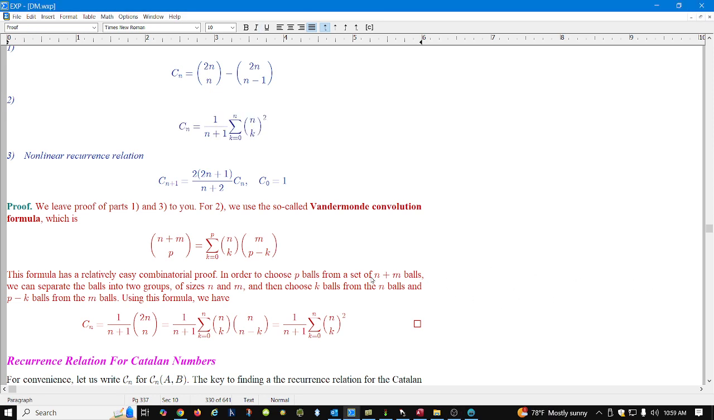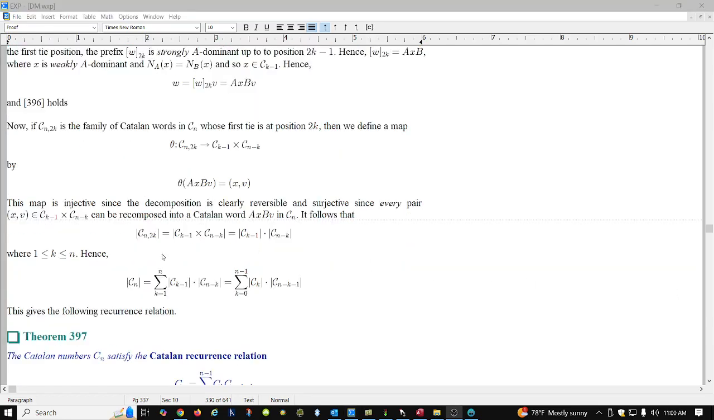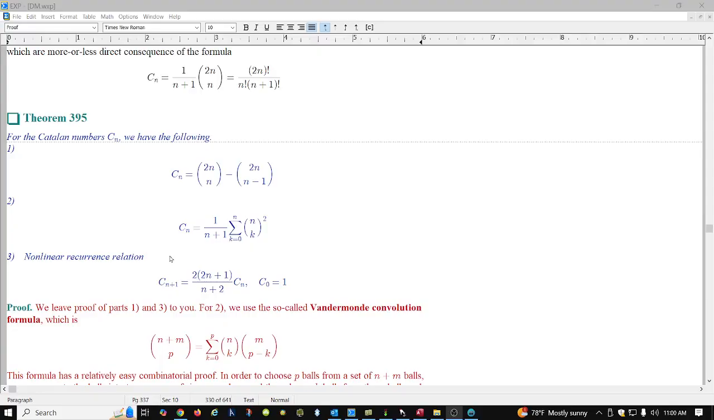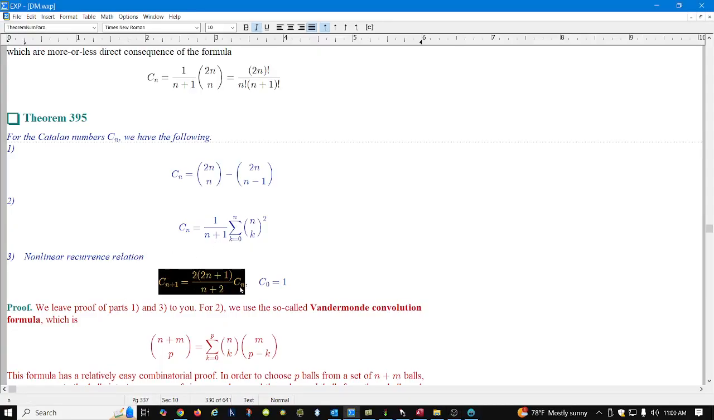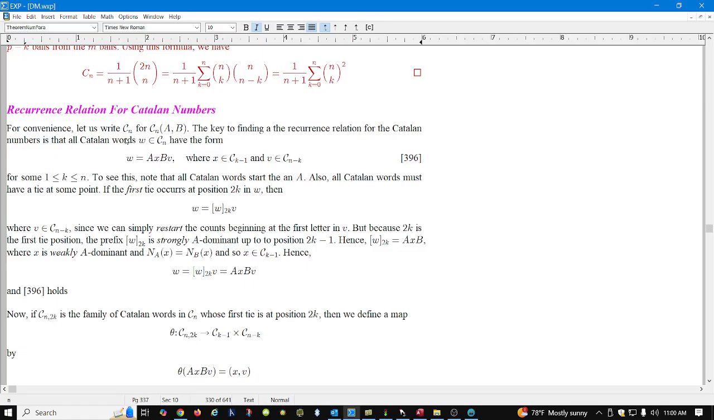Now the Catalan numbers also have a nice recurrence relation, so let's investigate that. It is somewhat more pleasant than this recurrence here. So I'm going to write Cn for Cn of AB, because throughout this discussion the letters will be A and B. And the key to finding the recurrence relation for the Catalan numbers